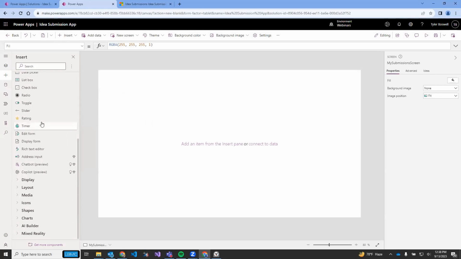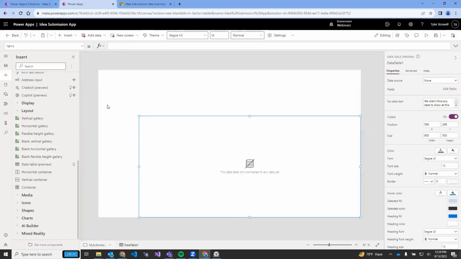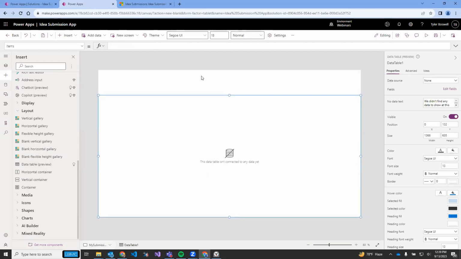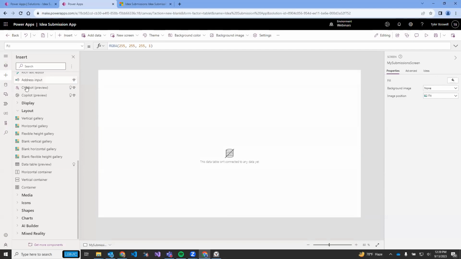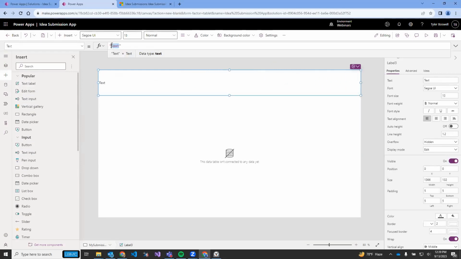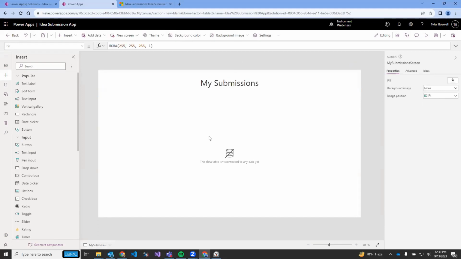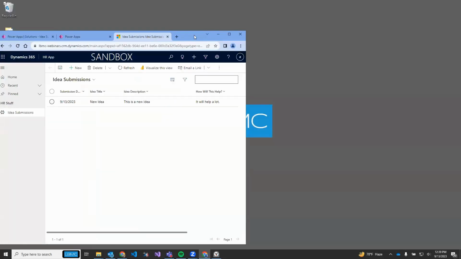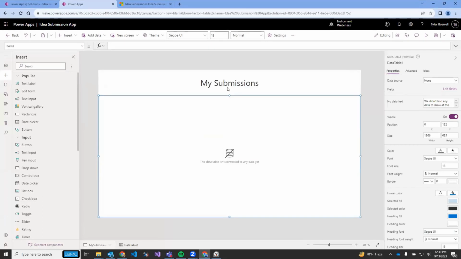So to keep this easy, we're just going to go with a table here. So I'm going to do layout and a data table. And we'll just make it about that big. And I'll add a text label at the top that just says my submissions. Make it bigger and put it in the middle. There we go. All right. And looking here, I already have an idea that I've submitted, so we know that our app should see our